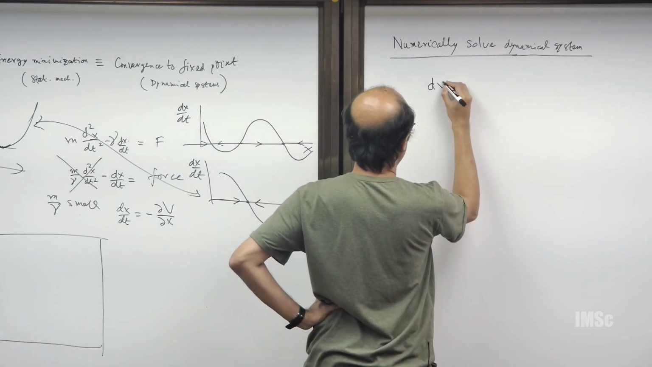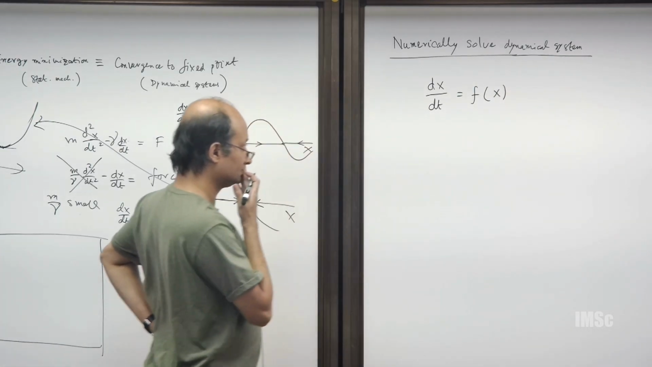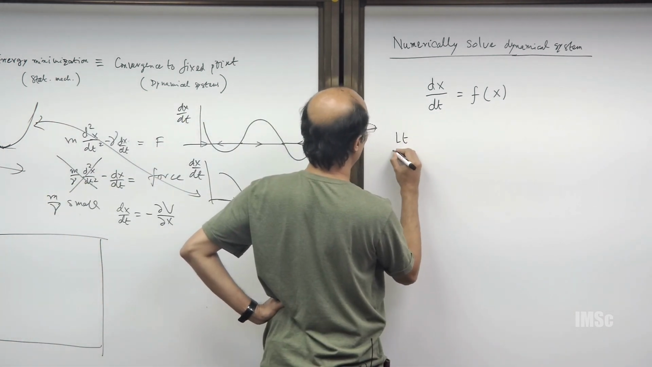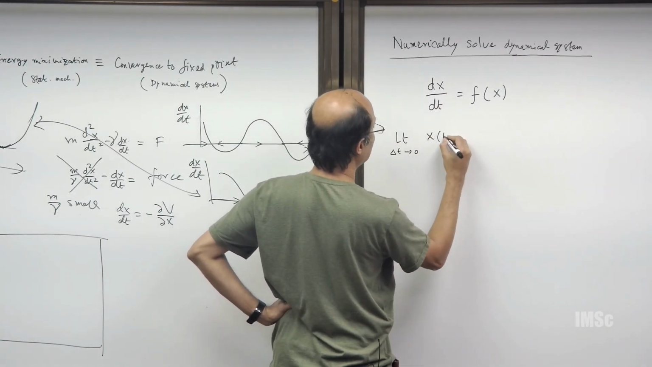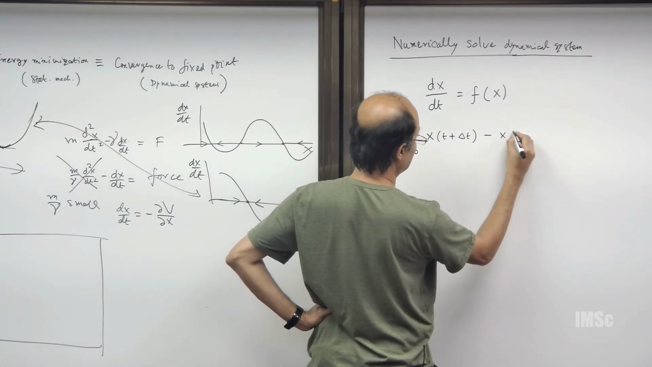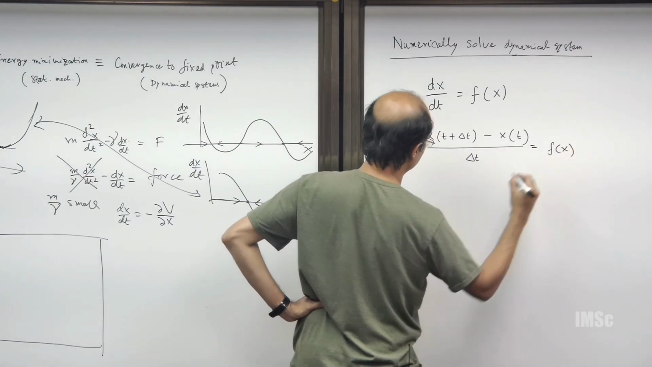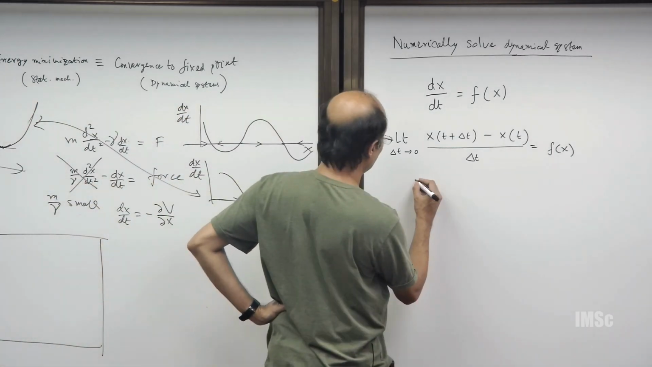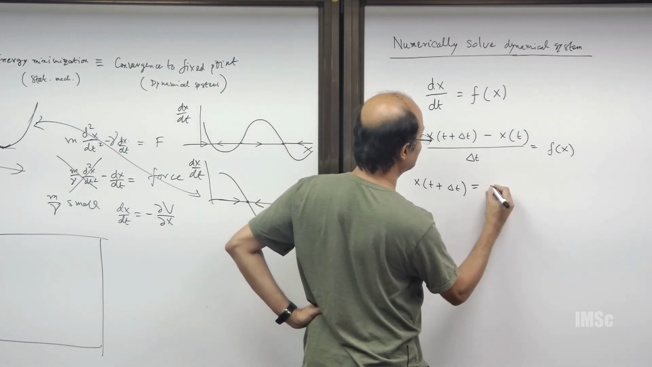So suppose you look at a function like this, dx/dt equal to f of x. I can use my old calculus knowledge to write it as, so how do I write dx/dt? I say this is x(t plus delta t) minus x(t) divided by delta t, equal to f of x. This is just standard calculus. And then I do a nudge nudge wink wink and I say, okay, provided delta t is very small, I can rewrite it as